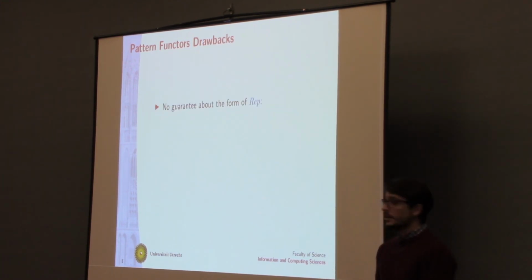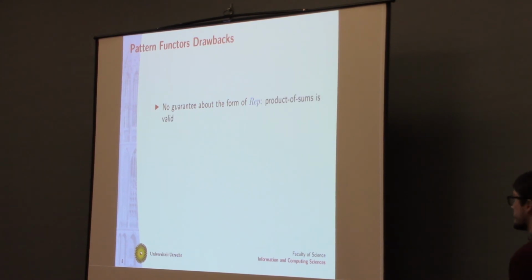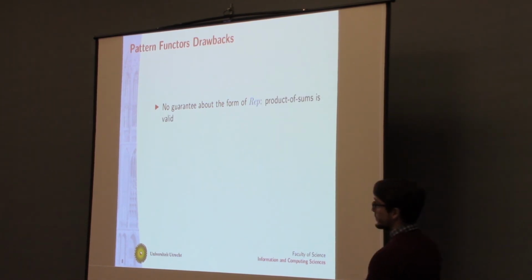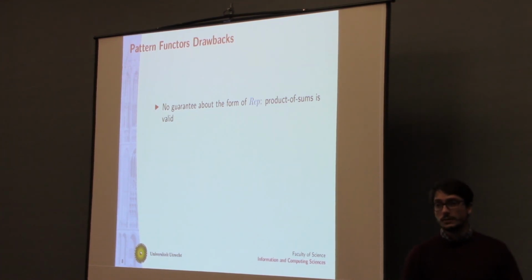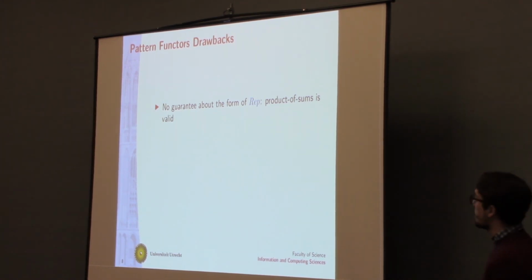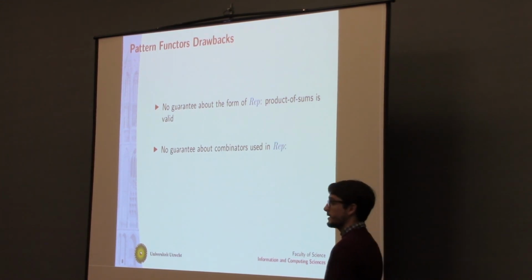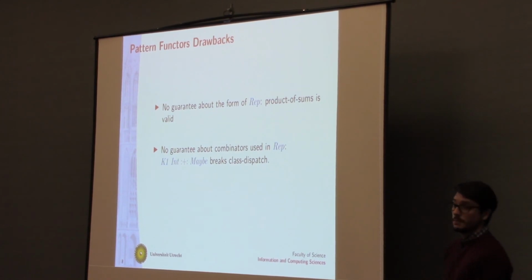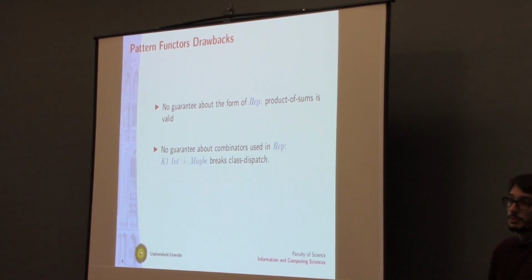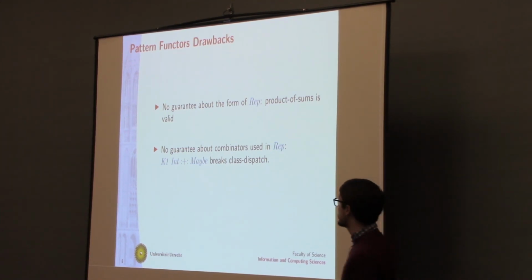Namely, you have absolutely no guarantee about the form of the representation. For instance, products of sums are valid representations, and this restricts you, since sometimes you actually want to talk about some normal form of types, which is very useful when you're defining more complex functionality. Another problem is that you have no guarantee about which combinators are used in the representation. For instance, Maybe is a perfectly valid star-to-star type, which is going to break your class dispatch horribly. So if somebody makes a mistake when writing handwritten representations, you have no